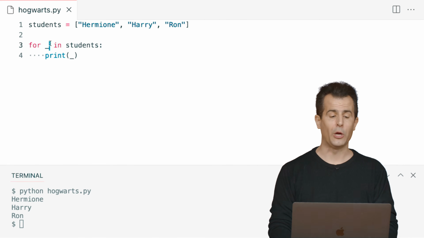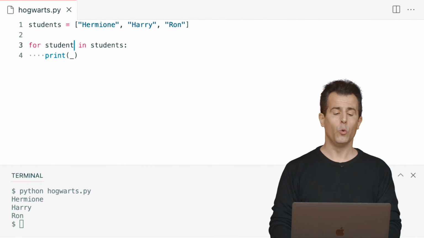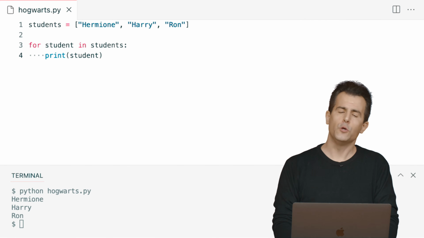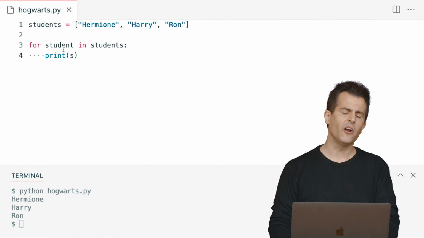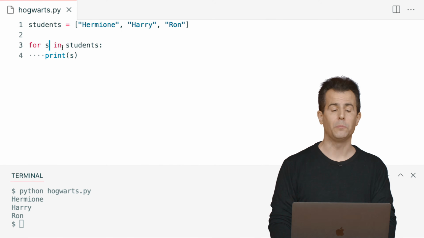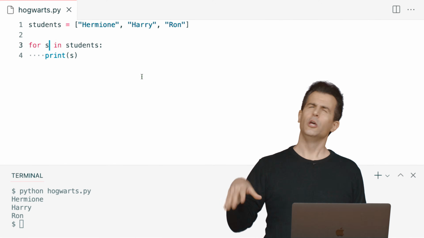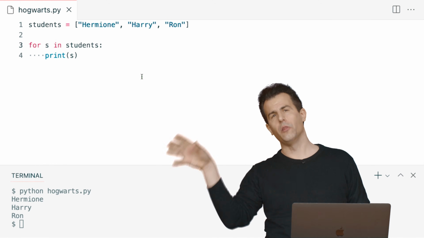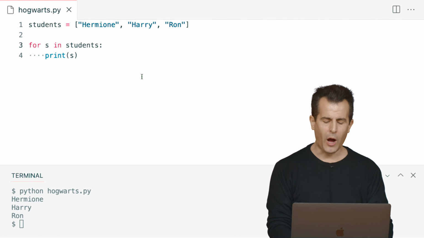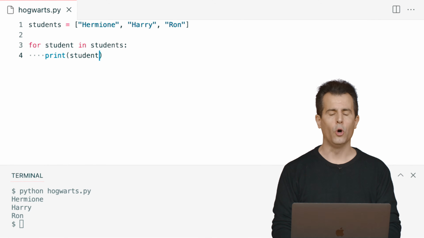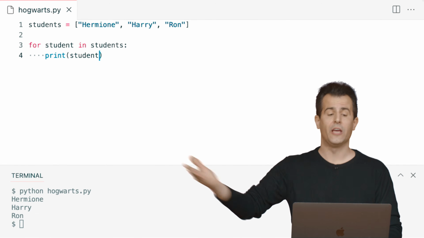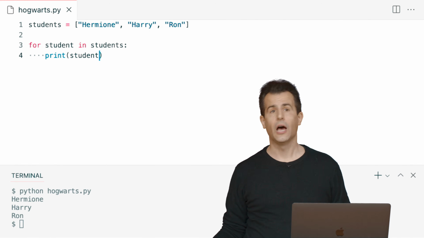So a very appropriate name, though I'm sure you could come up with others, would be student. And here you would say student as well. If you'd prefer to be more succinct, it's not unreasonable to do something succinct in a loop like this: for s in students, using maybe the same letter that the list itself begins with. But again, why bother? Python is meant to be more readable. If you have a list of students, iterate over them one student at a time.